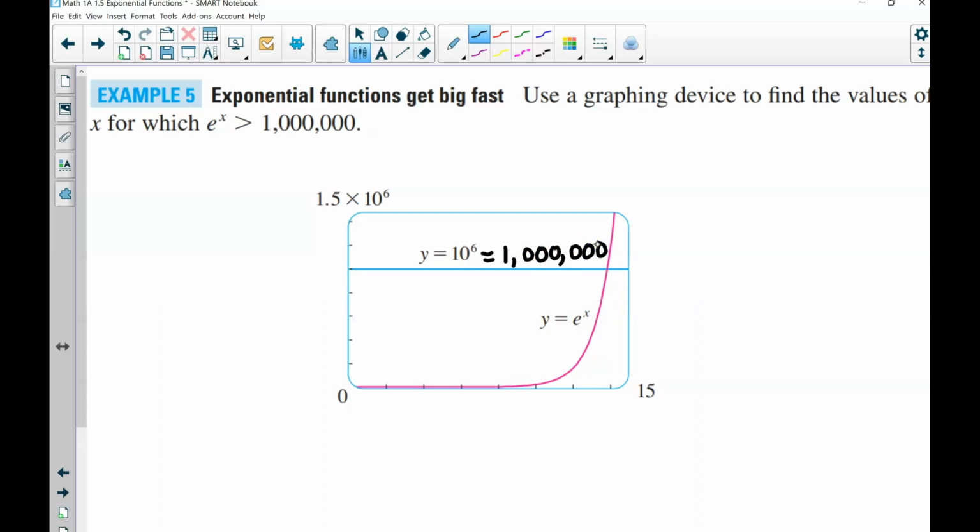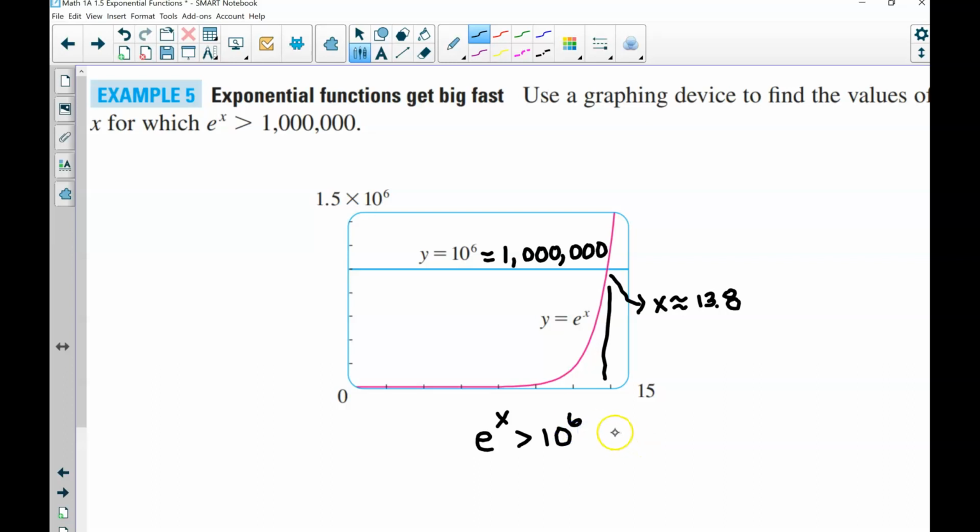Now we see that these curves intersect, meaning here, when x is approximately 13.8. And that's down here. Thus, e to the x is greater than 10 to the 6 when x is greater than 13.8. Okay, so let's write that down here. We can say that e to the x is greater than 1 million, or 10 to the 6th,